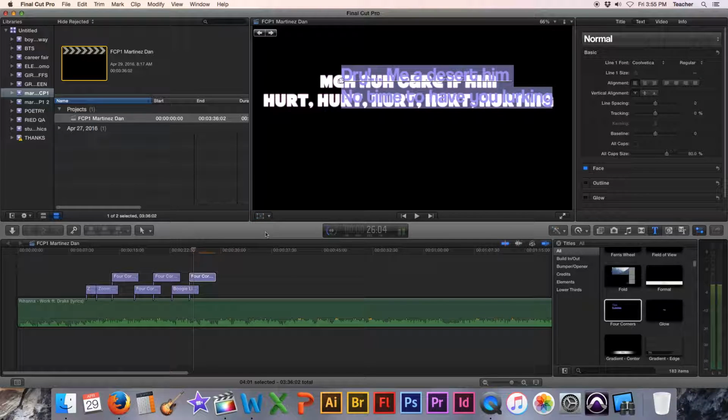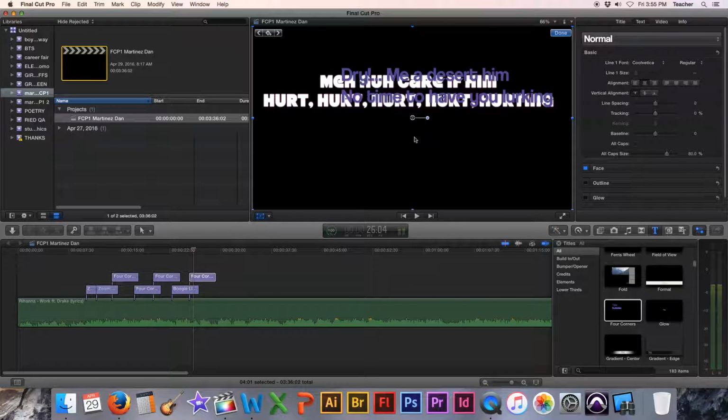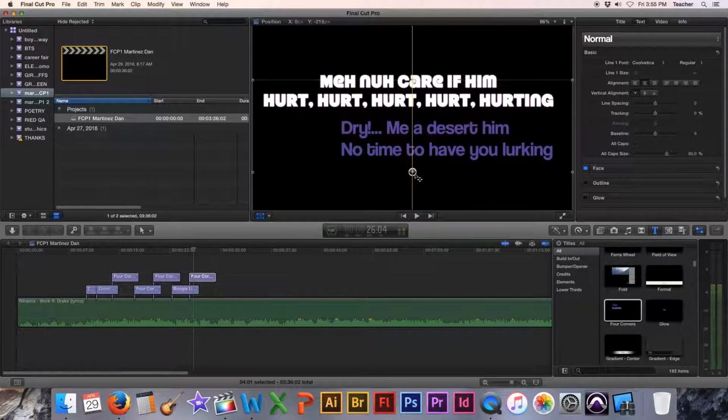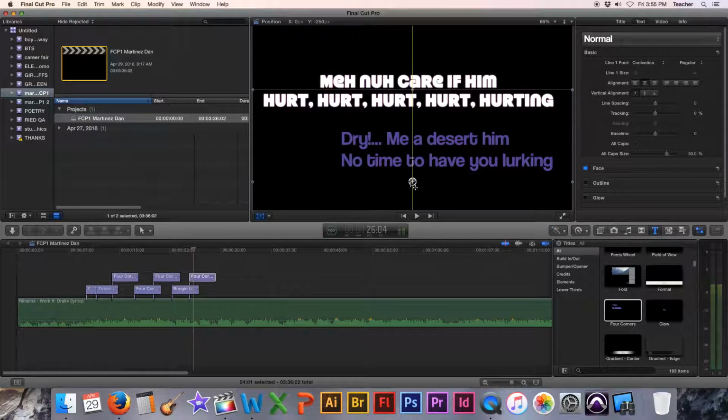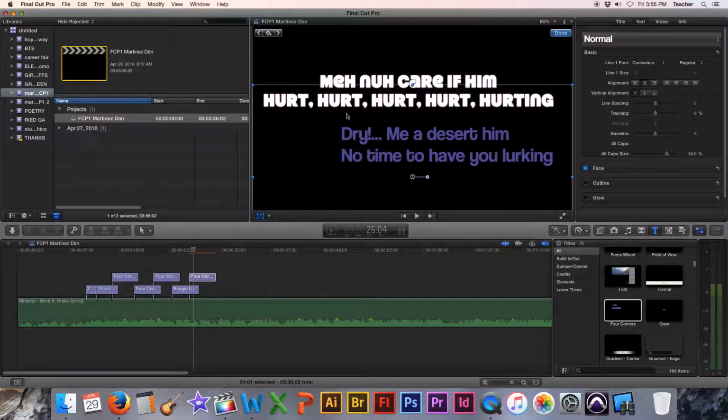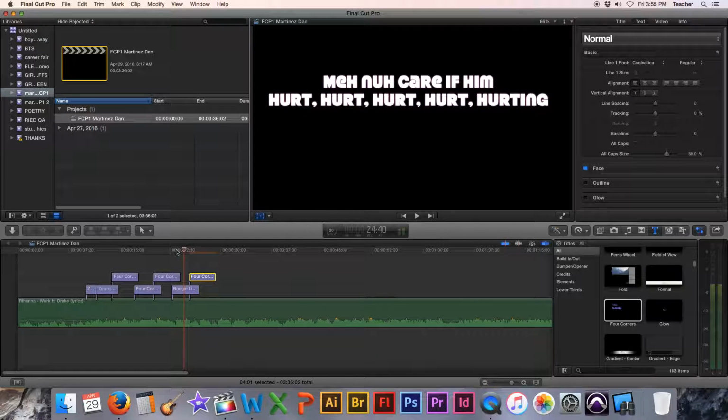If you didn't notice, right here on this corner, there are a couple of options available. What I want to select is transform. If I click on here and it turns blue, you'll notice that some blue dots show up around this little screen, and in the center there are a couple of circles. That's going to allow you to grab that graphic and move it around the screen. You can move it to the left or to the right, and this way you can place it so that these lyrics aren't going to clash with each other. So now as I move it around,